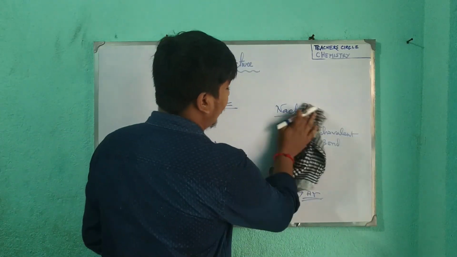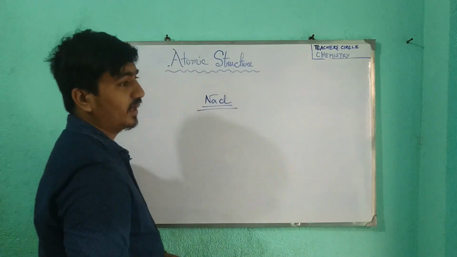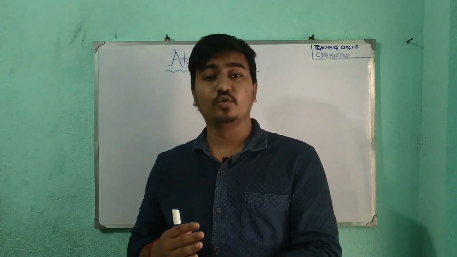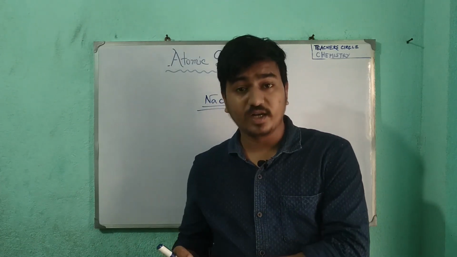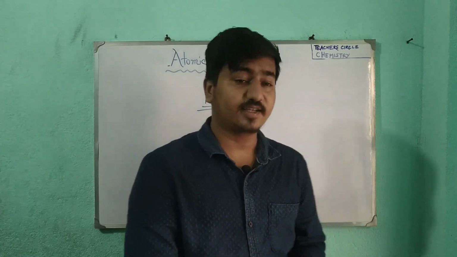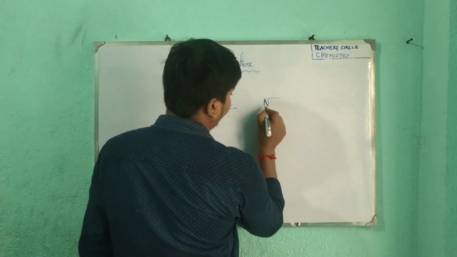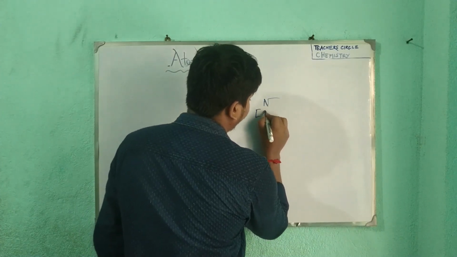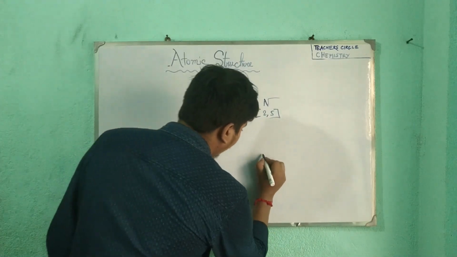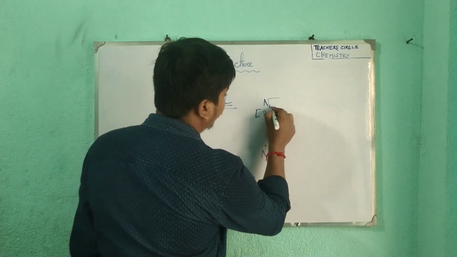Now I will teach you another bonding, that is the covalent bond. What is a covalent bond? They will mutually share electrons with each other. Here, in the previous case, one either loses or gains, but for a covalent bond, they will mutually share electrons. Let's take an example. For nitrogen, the number of electrons is 2 and 5. The total number of electrons is 7. So for an N2 bond,